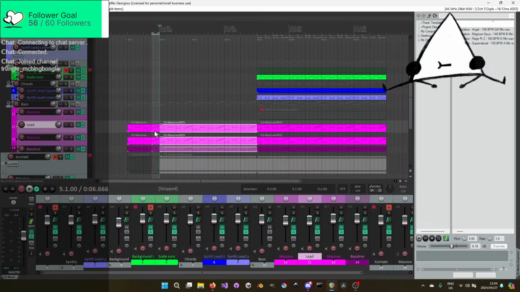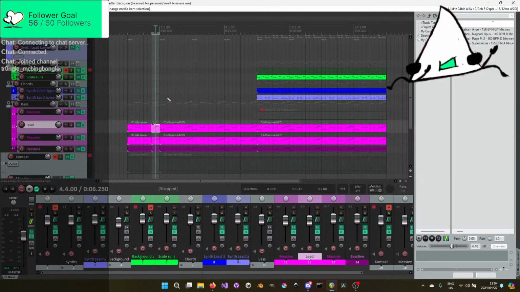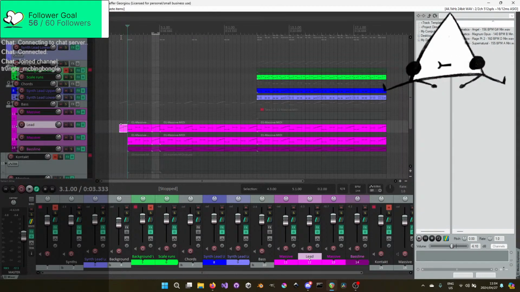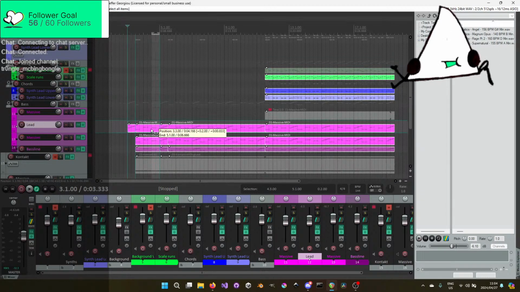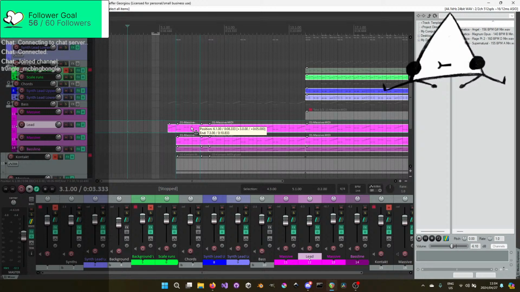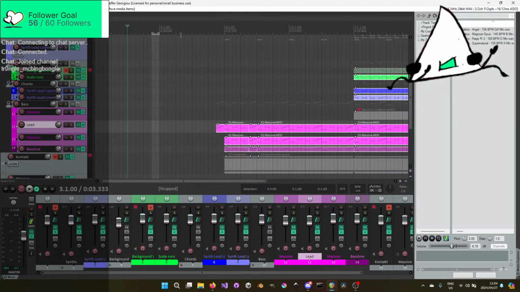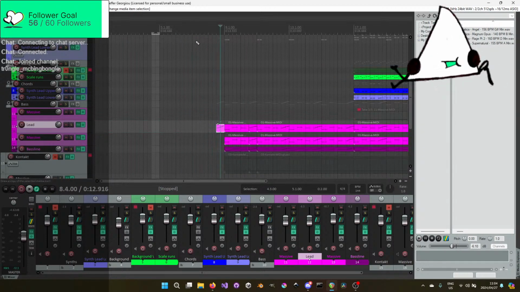Split. And I've split all of them somehow. I didn't know I could do that, but we're fine. We'll have that be the start. It can be a little bit of an intro. Then we can select all and we're going to shimmy it all the way down here so we have plenty of space for an intro. No, that's not where we want it.